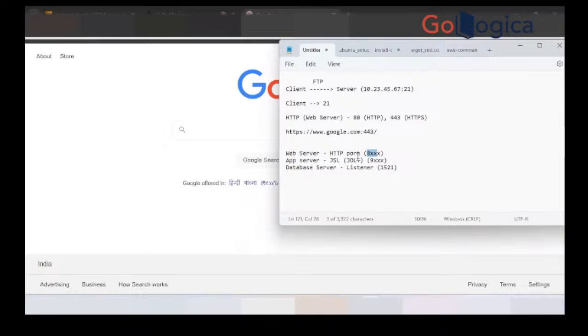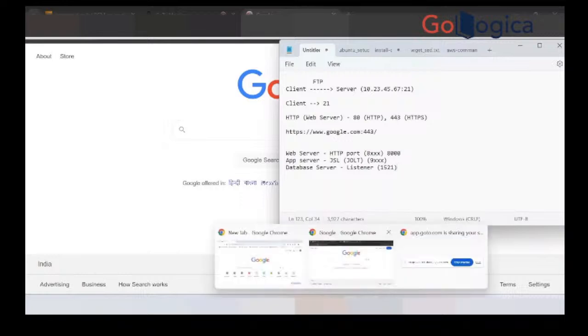So if you have used this web server's port here, 8000, 8000 cannot be used by any other service on the same server. So on one machine, one port can be used for only one service. So web server is going to use HTTP port, app server, Jolt port, database server, there is a listener. Listener port is 1521 by default. All right. Next is